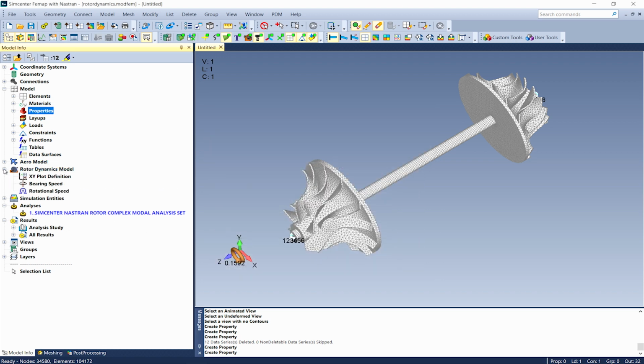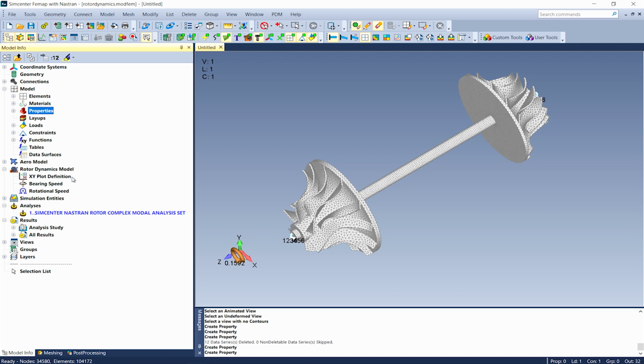In addition to the new property types, there are 3 new entity types available for rotor dynamics. The model info tree has a new rotor dynamics branch that contains the new entity types: XY plot definition, bearing speed, and rotational speed.